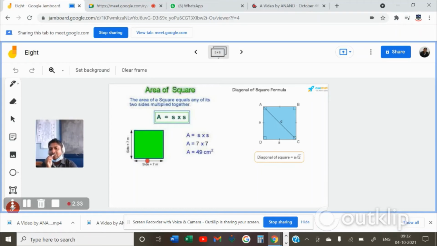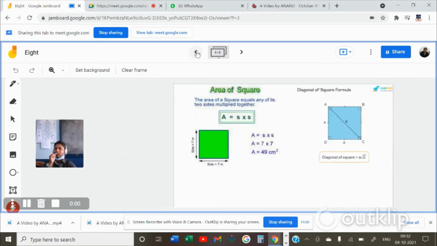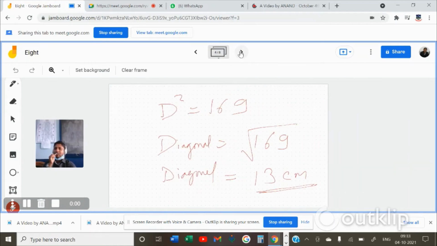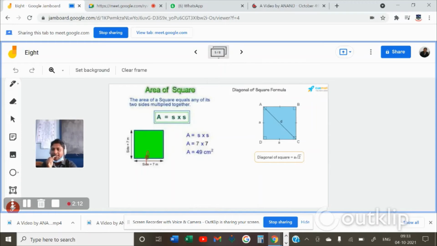Now you can either consider this one as length, this one as breadth, but here we don't call it length and breadth because the size is the same. So we consider length is also a side, breadth is also a side. So we are also like a rectangle. In a rectangle, what did we do? Please see in this rectangle, we multiplied this length and we multiplied this breadth. So here also the same thing we are going to do. We'll multiply this length and we'll multiply this breadth, but we'll not call it length and breadth. We'll call it side. So I'll multiply the sides twice, length into breadth or side into side.